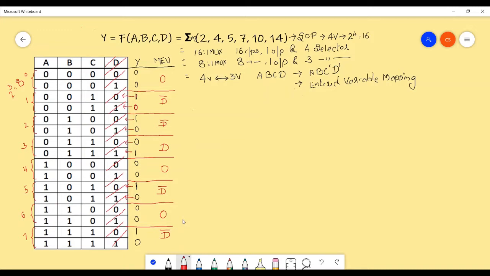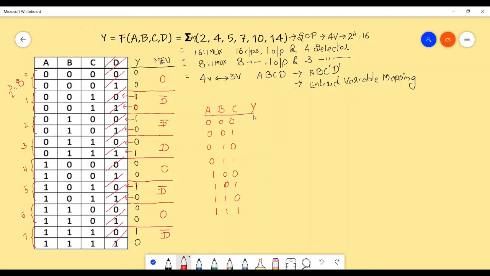As of now, you can write your entered variable mapping combination truth table like this: A, B, C and Y. So this will be 0, 0, 0, 0, 0, 1, 0, 1, 0, 0, 1, 1, 1, 0, 0, 1, 1, 1, 0, 1, 1, 1, 0, 1, 1 and 1.